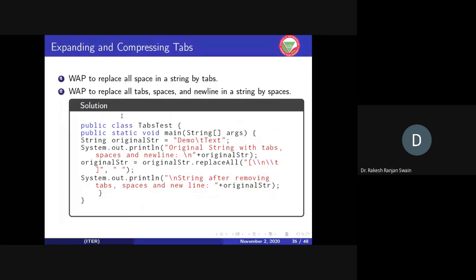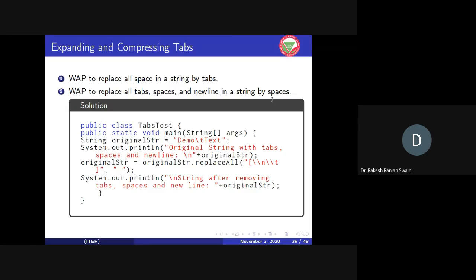Similarly, if someone wants to write a program to replace all the tabs and new lines in a string by spaces, whenever you find a tab, space or new line, convert it into a space. Which method do we use here? As you know, there is a method replace.